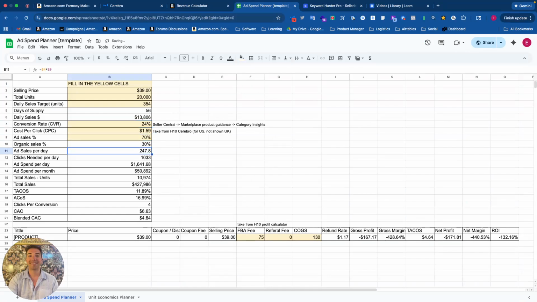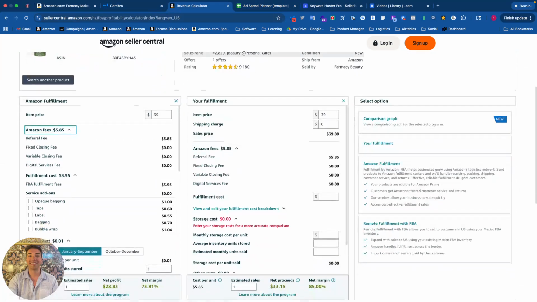And now I can start to see what my TACoS will be, which is what percent of my sale will go towards ads. So I should plan 11.89% of revenue going towards ads during launch, and what my ACoS will be, what my cost per conversion will be, clicks per conversion. So we filled all that in, the product price,